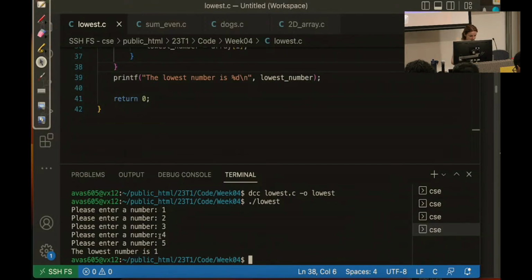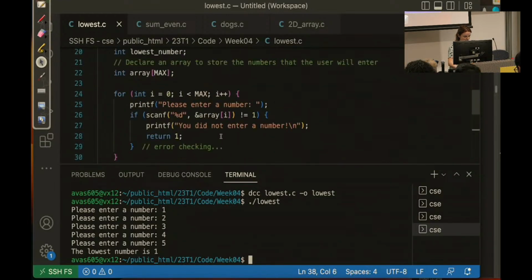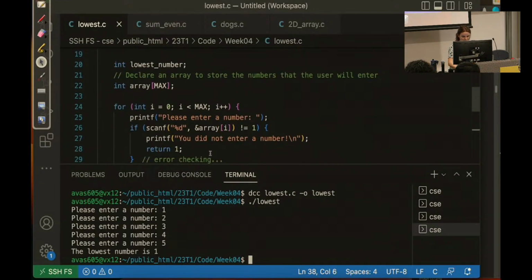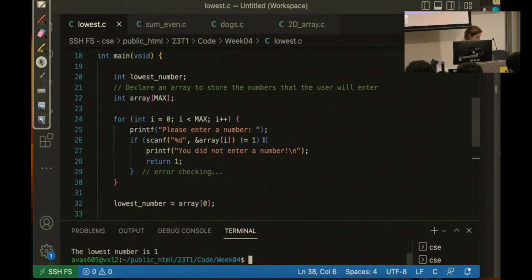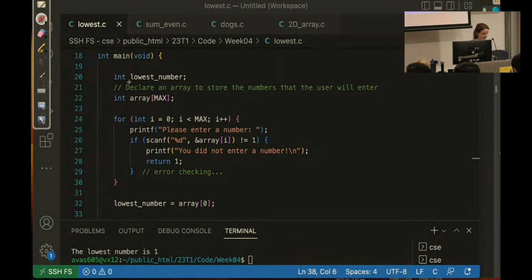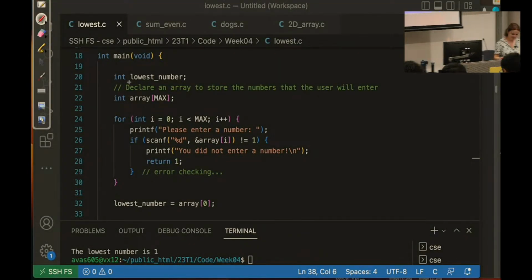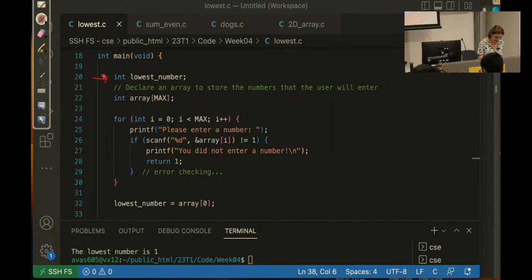All right, let's run through it as a piece of code, and then we can see what it's doing as well. Okay, excellent. So first one, line 20, you've got a variable called lowest number. I've declared it. There is no value to it. Then I have an int array max, and this max is a hash define of 5, which means what I